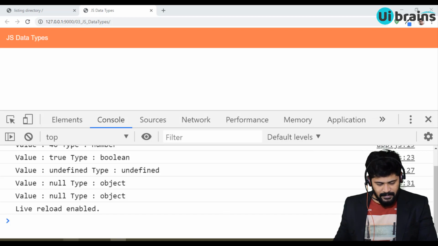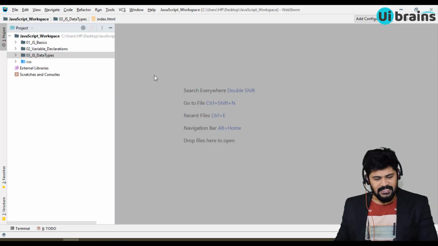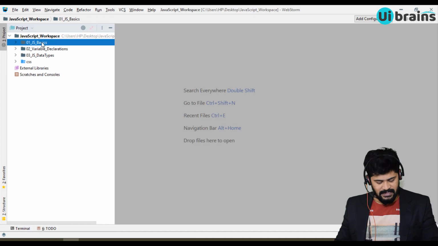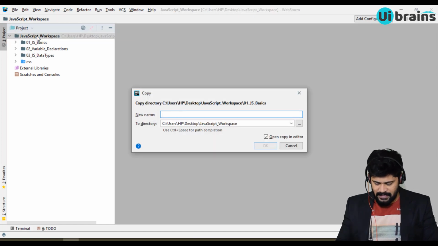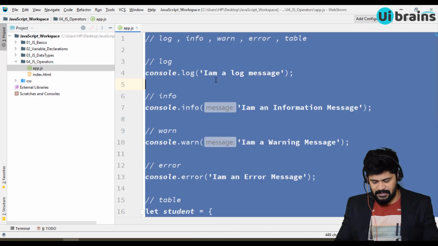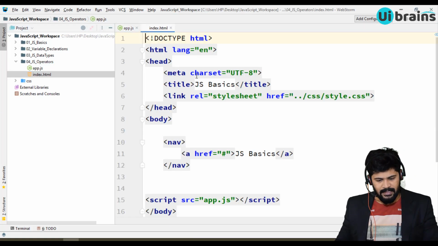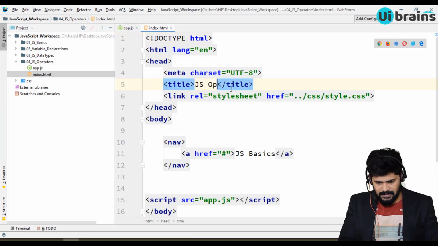So let me open here. Before we start, I'll just copy the first folder and paste it again. Let's name it 04_JS_operators. Let me delete this, and in the HTML I modify it to JS operators.